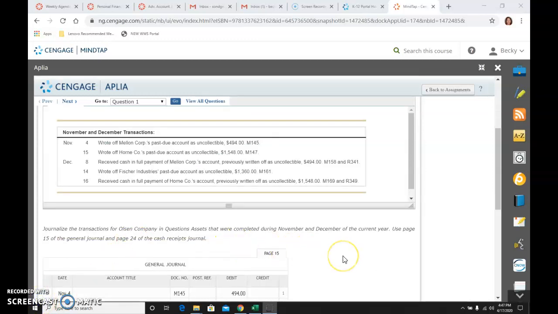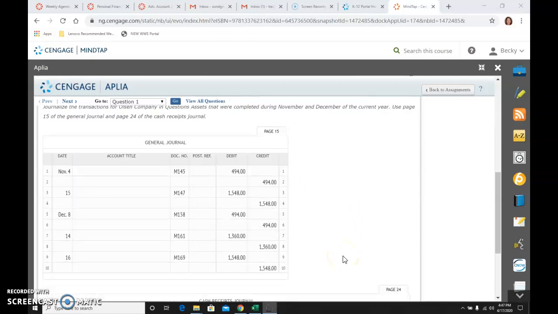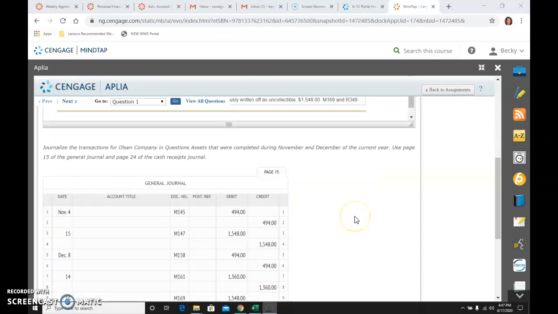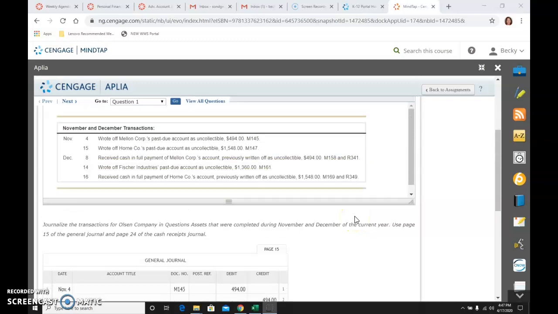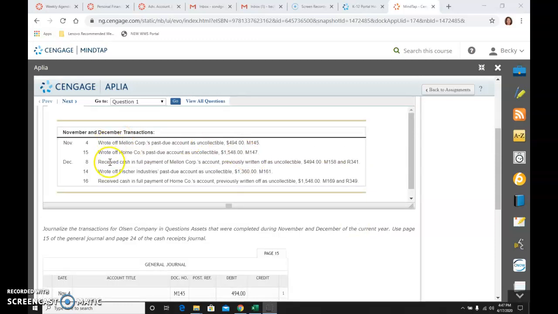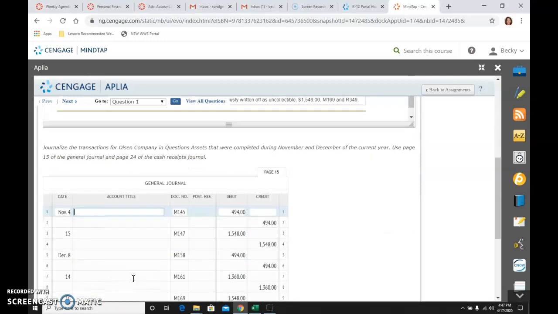So I have cheated a little bit here and went ahead and put in the General Journal all of my dates, my documents, and my amounts to try to conserve the time on my recording. So again, 3 of them we wrote off to Mellon Corp for past due accounts on collectible accounts. So every time I do that, what I want to do is debit the allowance for uncollectible accounts,